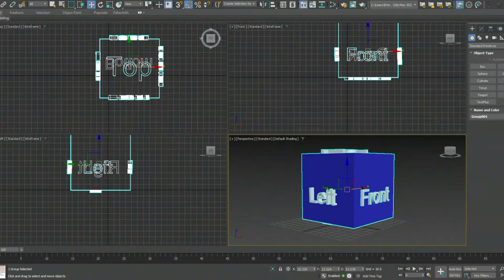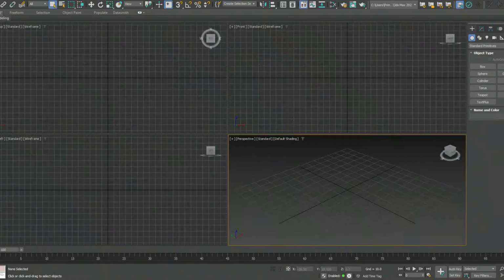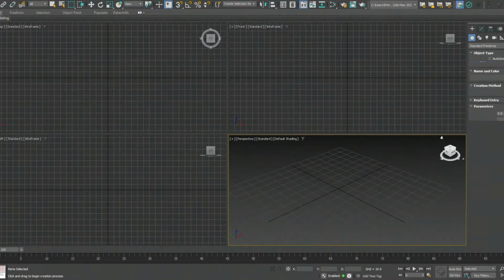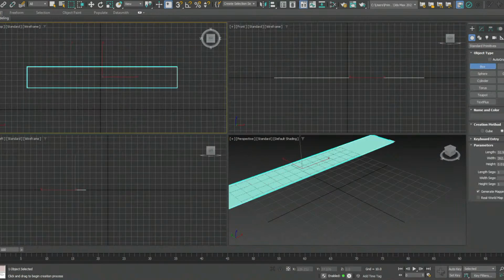So now that we're done with the basics of getting around your scene, I'm going to reset this. Don't save. And so let's start. Let's see now. Where do we start from? So I'm going to create a box to represent my wall,